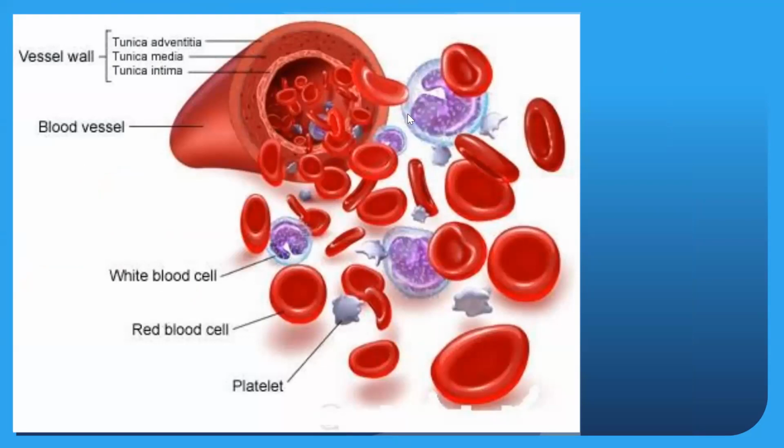The next kind of cells we're going to be talking about are red blood cells and white blood cells. Look at this picture of a blood vessel. Inside our blood vessels, we don't just have blood, we also have platelets and red blood and white blood cells. Our blood is made up of a mixture of components that help us to survive. So let's talk about some of these cells. Before we do that, let's look at these cells under an electron microscope.